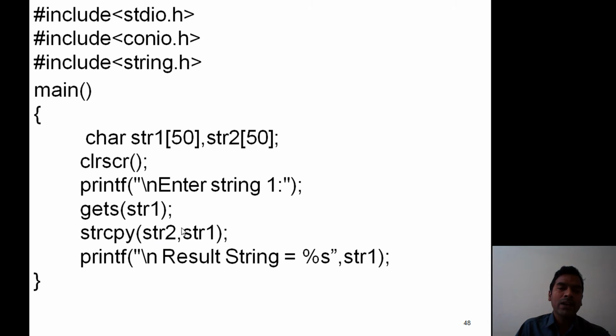Finally the copied string is available in str2, hence we print the result string. Here we place only str1, but you can also print the str2 value.